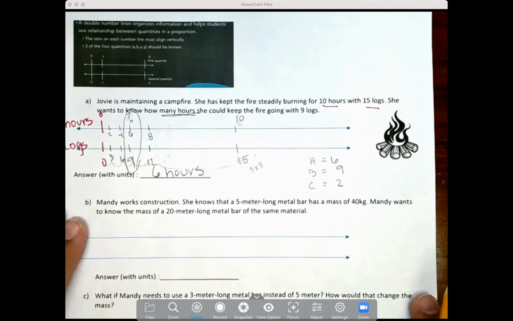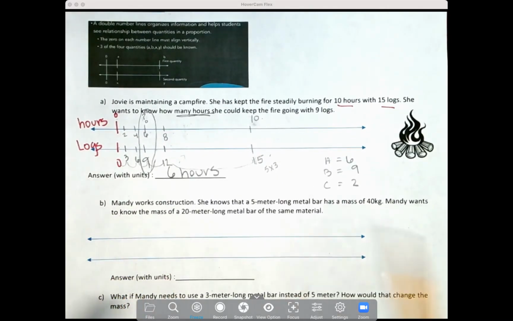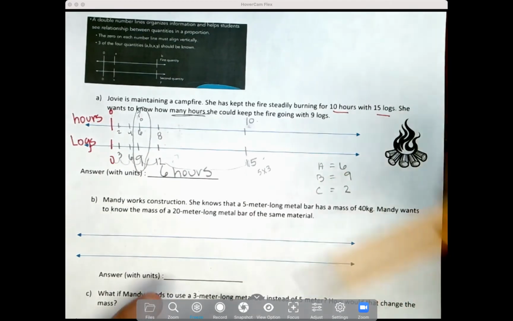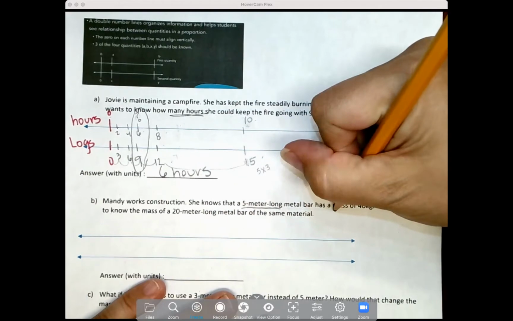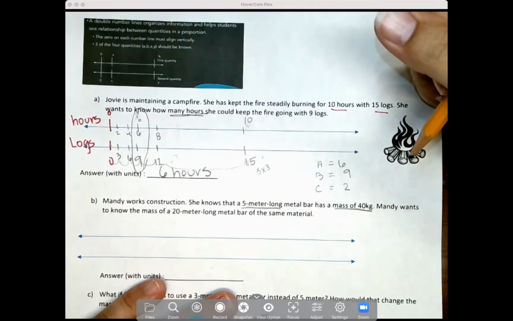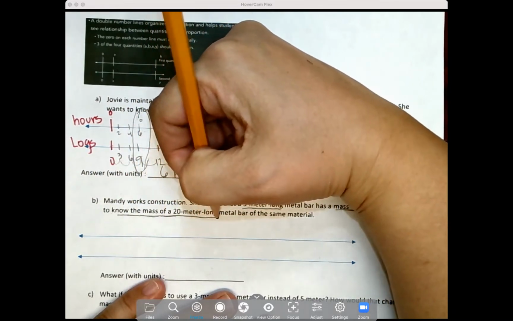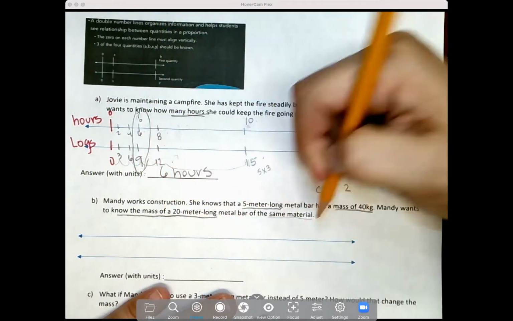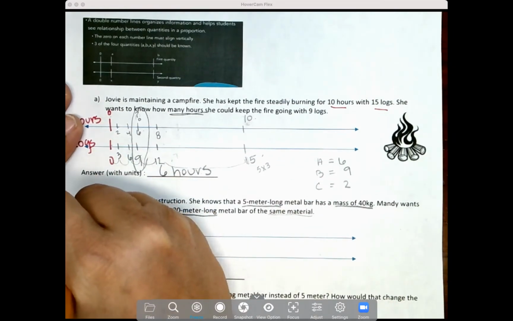So now we're looking at option B. It says Mandy works construction. She knows that a 5-meter long metal bar has a mass of 40 kilograms. Mandy wants to know the mass of a 20-meter long metal bar of the same material. So what 2 units are we talking about? Okay, so we have meter